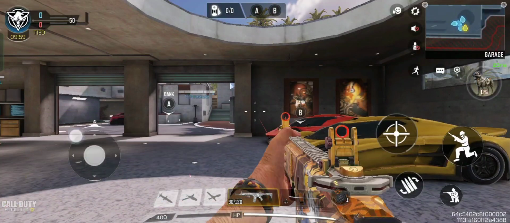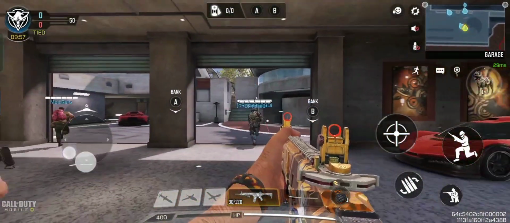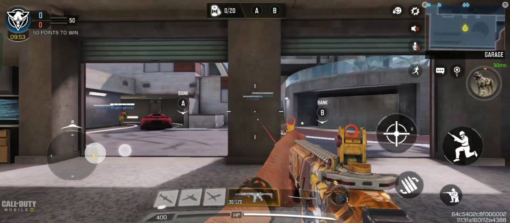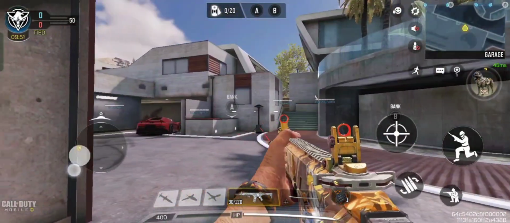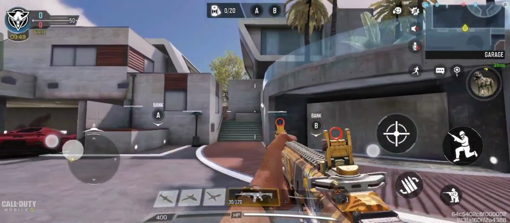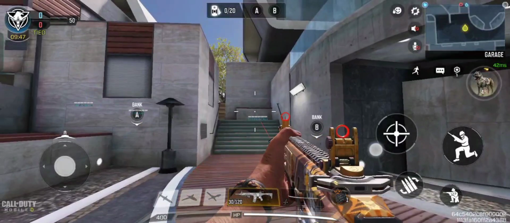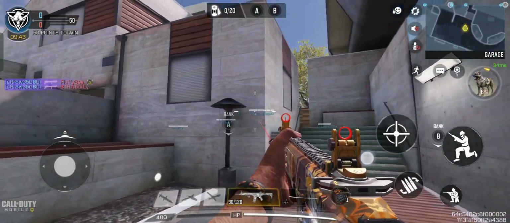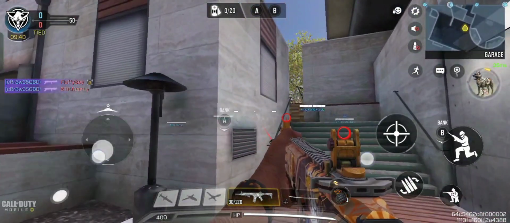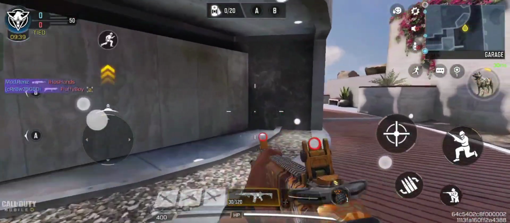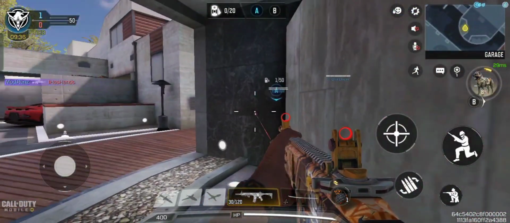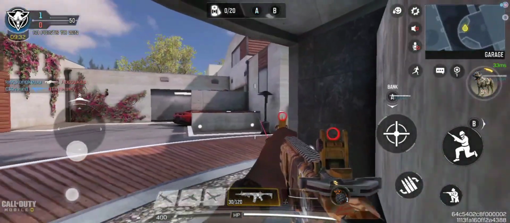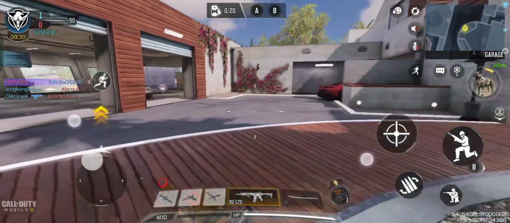Today I'm going to show you how to show your ally or your friend movement through the wall. As you can see, you can only see the name on your friends, but with this setting you can also see their movement in the game. So what you need to do is